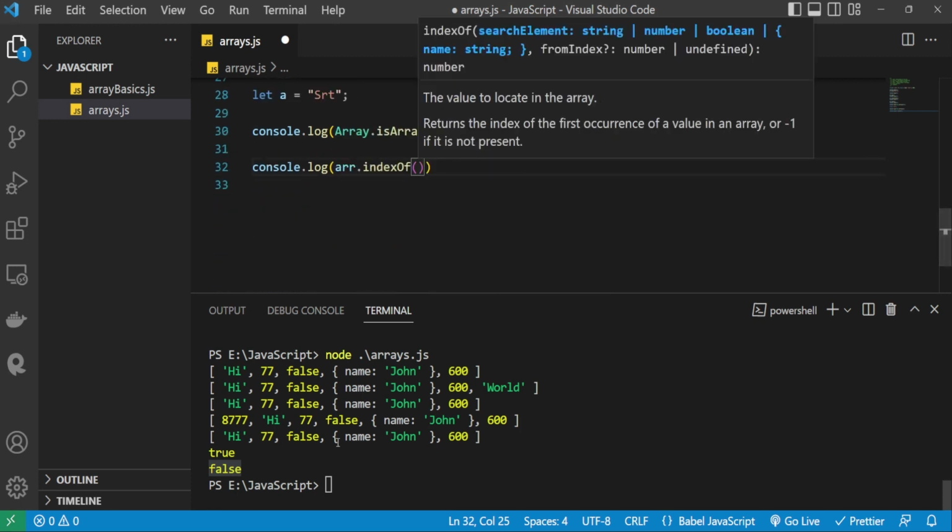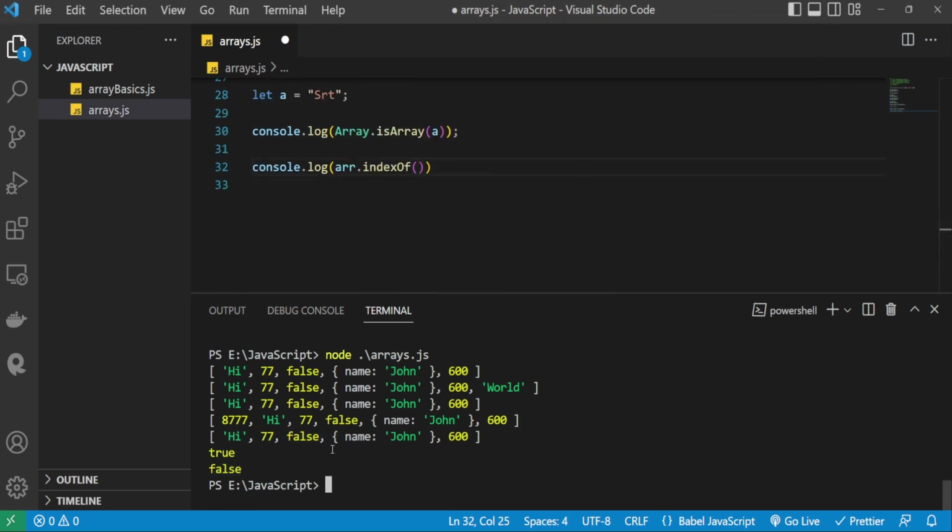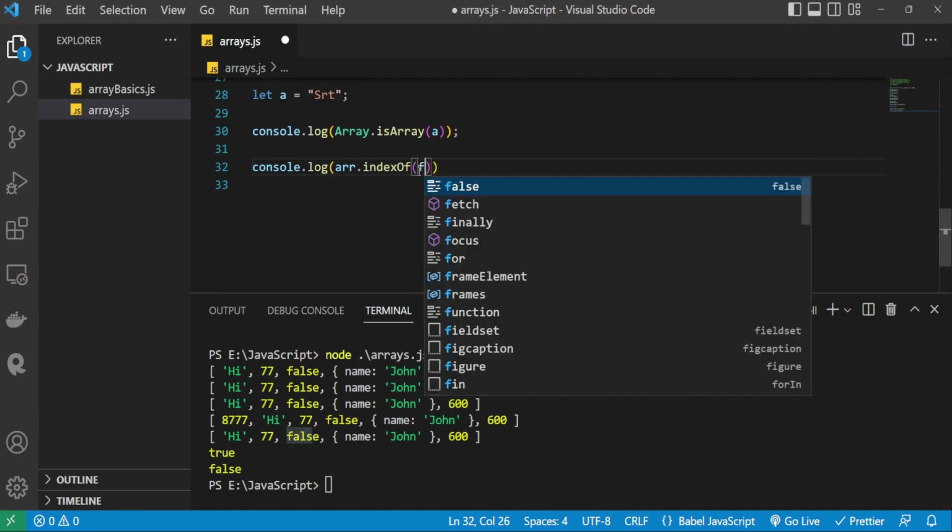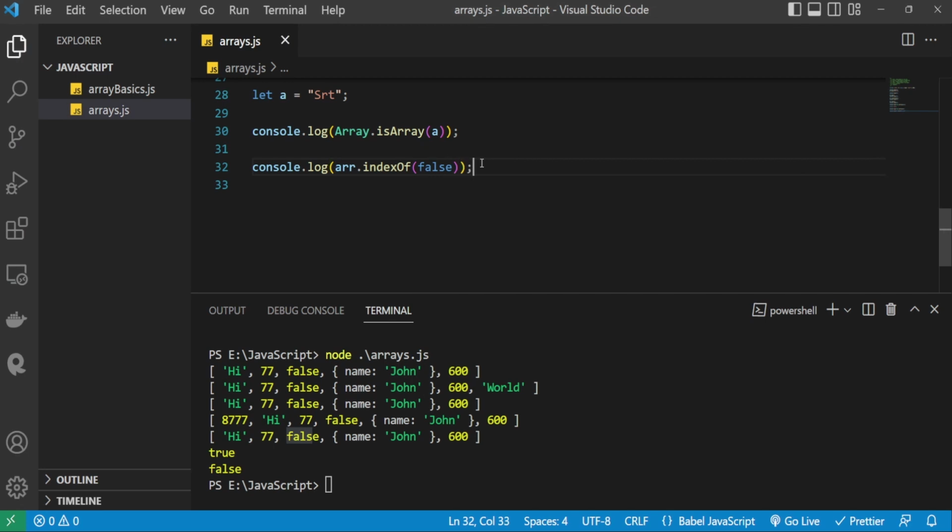Here I have a number of elements. Let's say I want to pass this value, that is false. It will give the index of that particular false. See onto the terminal. I'm executing the code. See here, it is written true 2, that is 0 1 2. This index is 2 now.